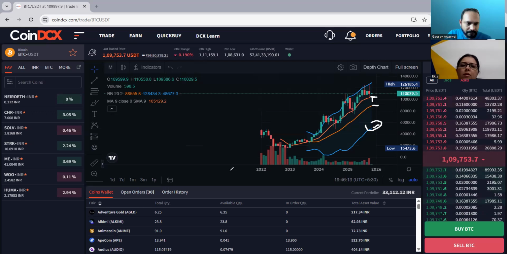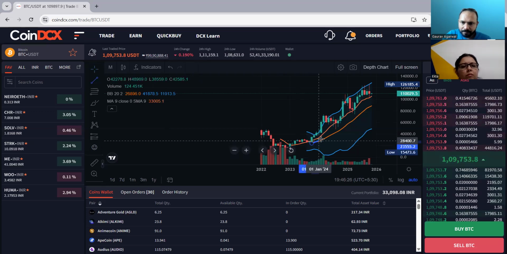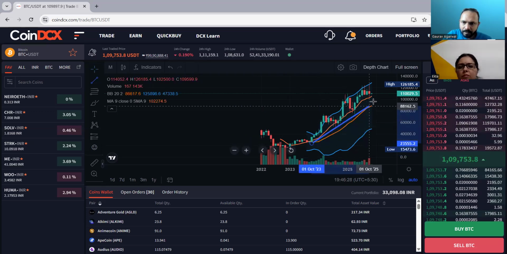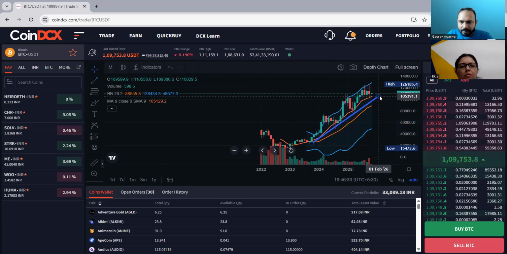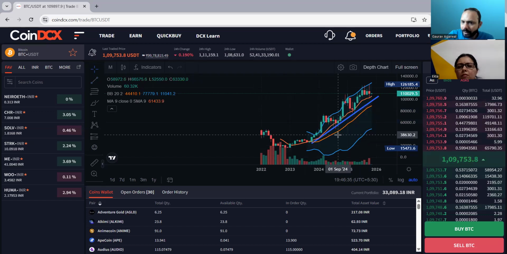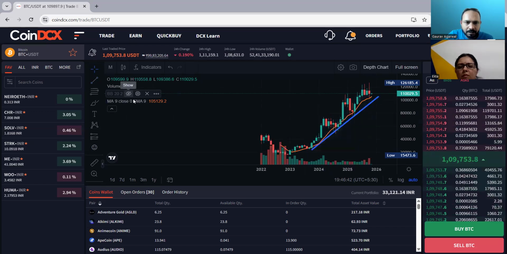That I will tell you. One second. Here, if you draw a trend line, now you have to see the historical data, right? Now I'm going to draw a trend line here. You can see I have drawn a trend line. Every time Bitcoin is taking support near this blue line, whatever line I have drawn, right? One second, I'll remove the remaining ones so that it will be clear. Now you can see the blue line. How did you draw that line?